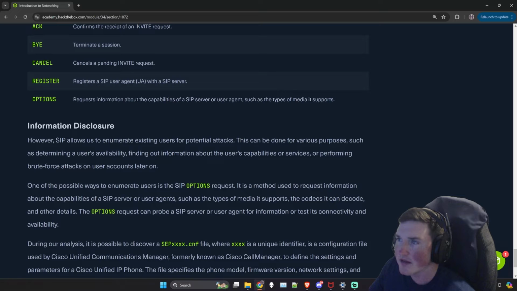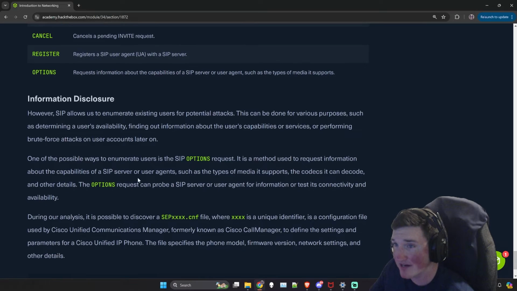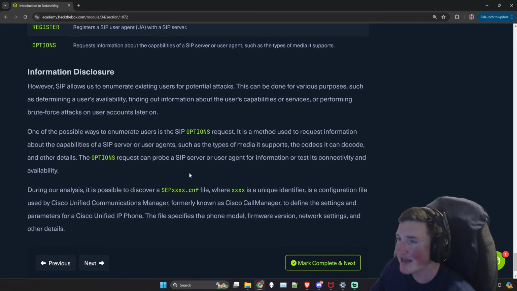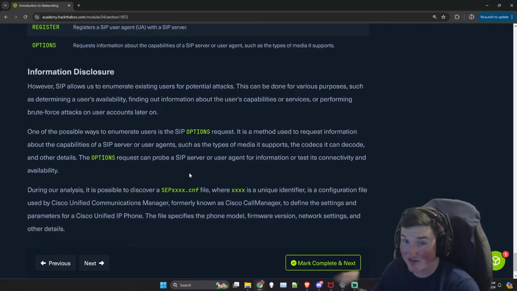All right, now options. This is a big one because you can get information, right? So that's where information disclosure comes. So you can use the SIP options request, and you can actually use that to gather information about users. And some of the stuff,